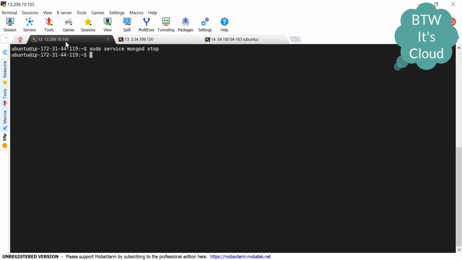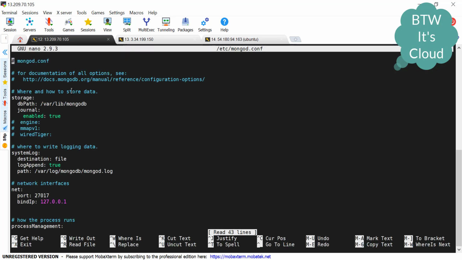You must be aware that the configuration file of the MongoDB server is found in the etc directory. Let's open that mongod.conf, sudo nano /etc/mongod.conf. So the second step will be making two changes in this configuration file. We need to make sure that in this network section, the port enabled should be 27017. It is used by mongod. mongod is actually a background process that takes care of all the data requests taking place in the cluster.